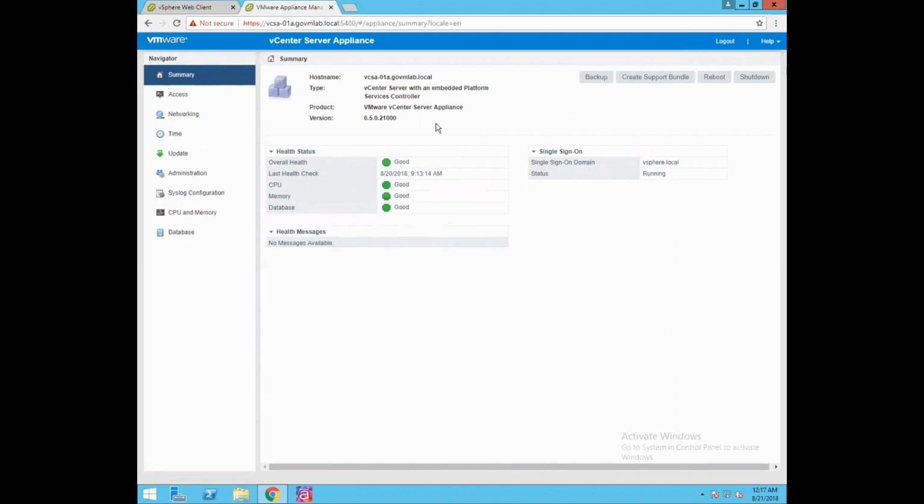It shows very clearly the host name is vcsa-01a.govmlab.local. The type of deployment is vCenter Server with embedded PSC. The product is vCenter Server appliance, and this is the version. Now on the summary page, we have an option called Backup. If you want to take a backup of your VCSA appliance, click on Backup.